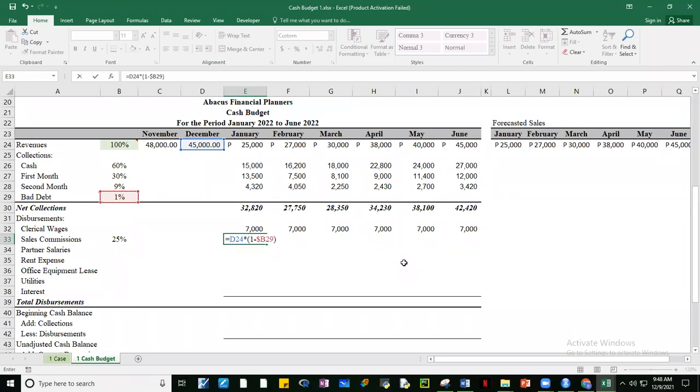We need to fix that kasi kakopy natin yung formula to the right. We don't want 1% to be moving. And then multiply that by, ano ba yung commission? Yung 25%. And then fix this again. Okay, so let me show the answer and then show you the formula again. And then kindly follow, guys. Paki-check yung formulas nyo, and feedback if there are any questions.